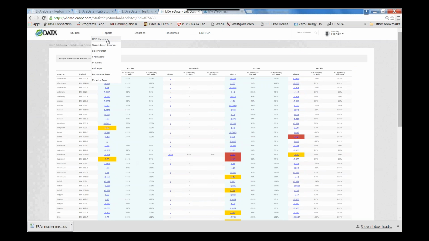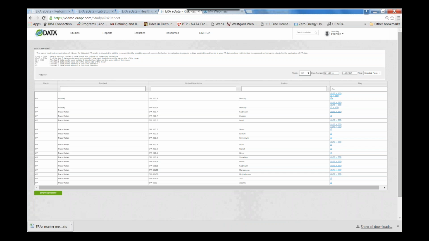So that's Hoyle. And now we're going to go to the risk report, which is a new feature that we've just launched and we're really excited about. So the risk report is really a tool to help you identify any concerning trends, and it looks at all of your data. So it doesn't just look at analytes where you've had unacceptable results. It also looks at analytes that you've had acceptable results, but by looking back at the data over time, perhaps there's a trend that's being identified, whether that's